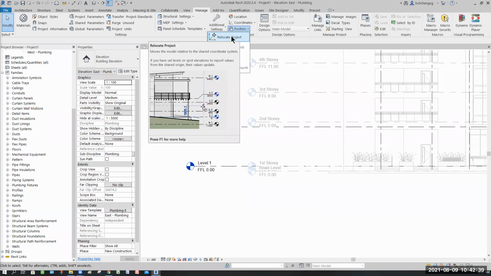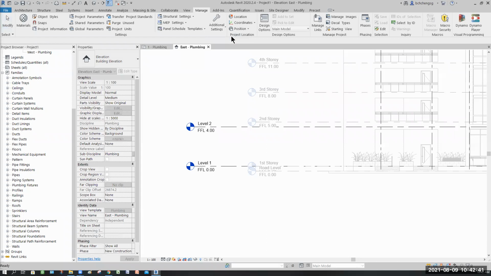So select this. Now you can see it's a move tool. Pick a point randomly anywhere, then make sure it's 90 degrees going up vertically. After that, you type in millimeters,